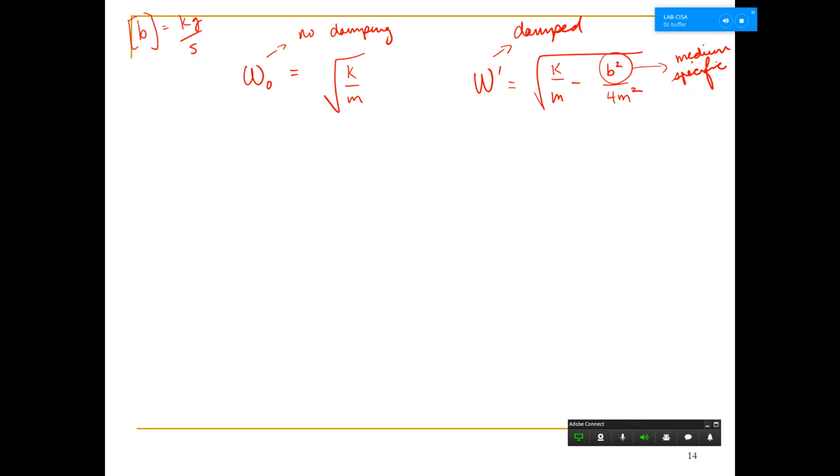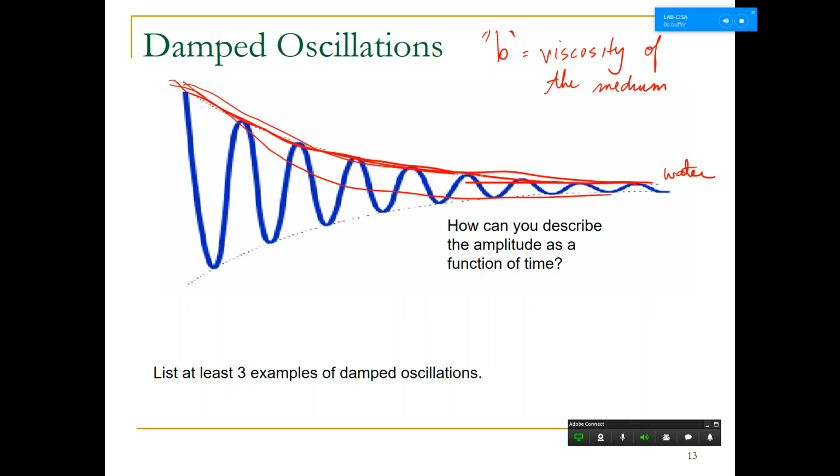So now that's your omega prime, your new angular frequency for a damped system, and that's what it would look like. Now we need to describe the actual wave part of the function, and there's two parts to it. Before, the amplitude of my oscillation was just A, but now my amplitude is decreasing. If I go back, this is actually the function of amplitude, right? This line that I put is describing the decrease of amplitude with respect to time.